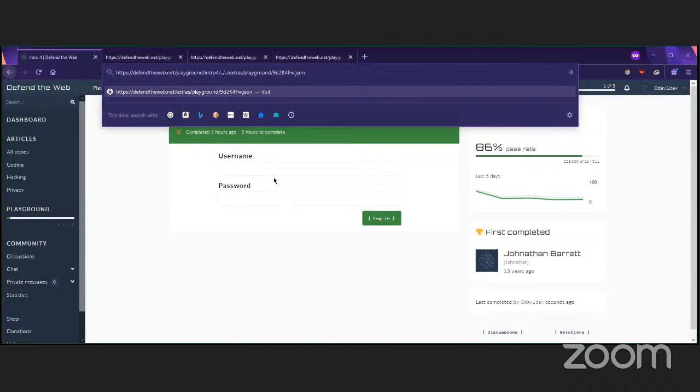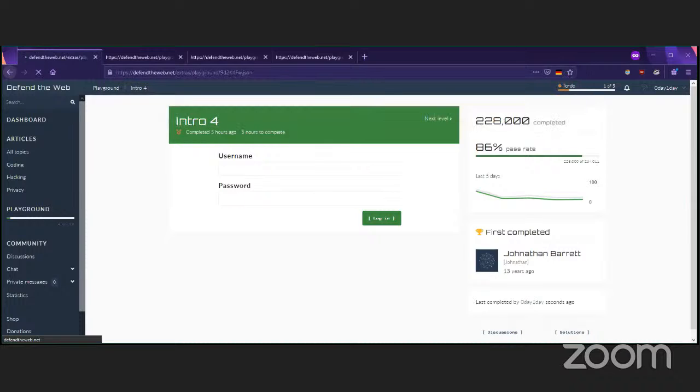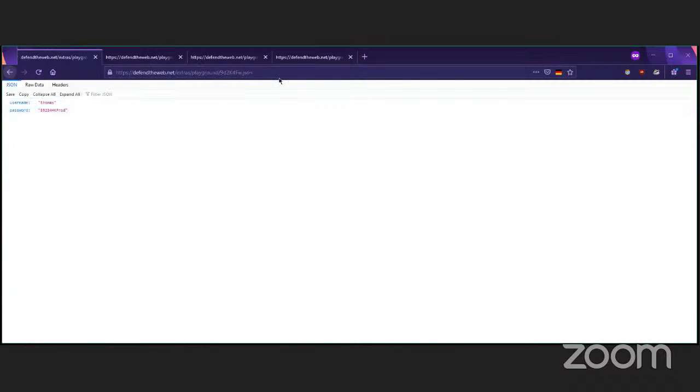If you have a box that doesn't allow you to read the JSON file, you probably just pull that file down with some type of Kali tool or pen testing tool. Just pull it down and try to cat the file out. But in this case, we saw that we can interact with the JSON file, and so this would be our username and password. As you already saw, I've already solved it, but that's how you solve level 4.